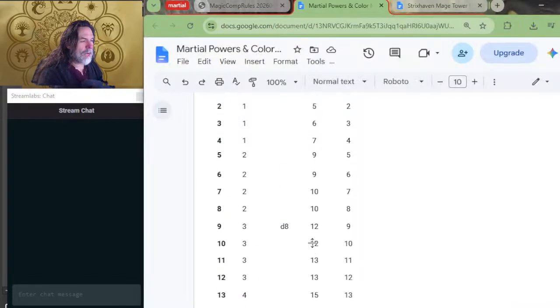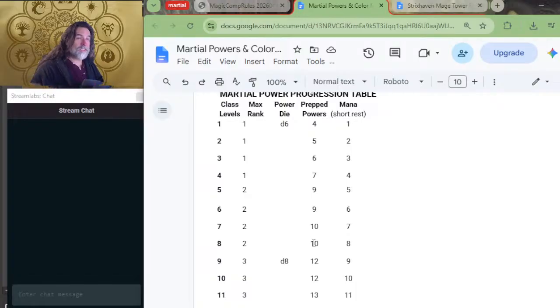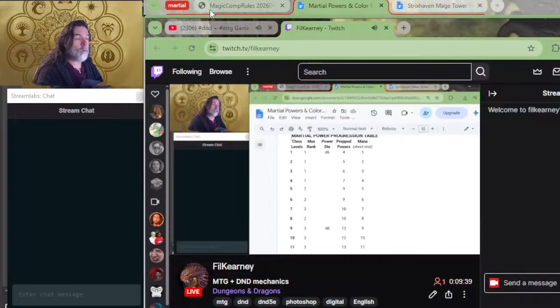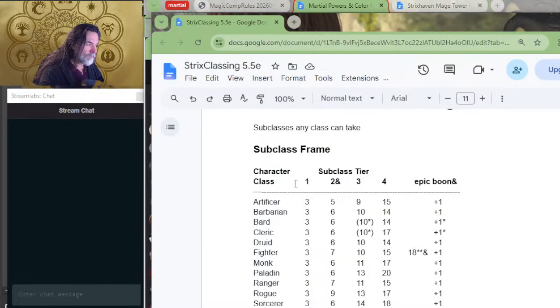Yeah, so we'll be spending months talking about martial powers on my morning art stream as we're doing artwork on pages. We'll be talking about what's on those pages and how it pertains to martial powers. But the bottom line is, using this system, all characters in D&D become either half or full casters, which means that when we build subclasses, the only common language, the common mechanic that we have to worry about